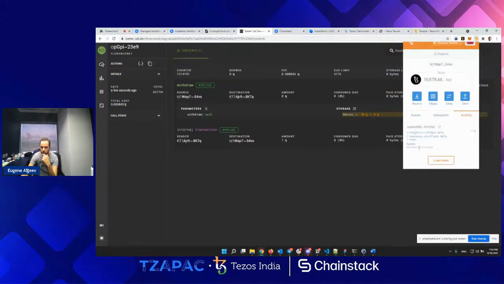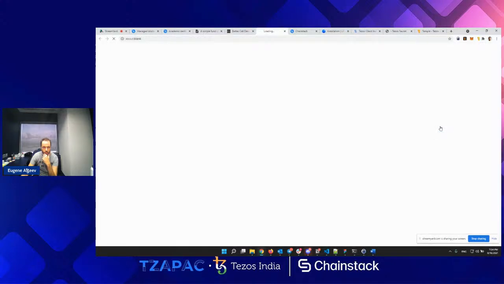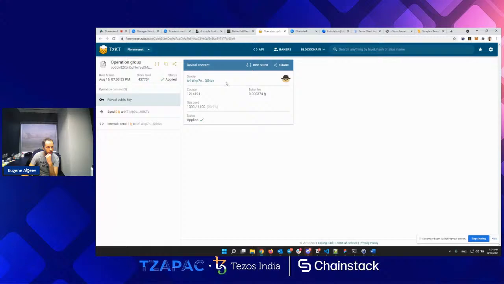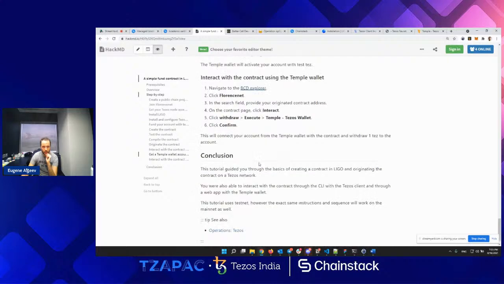Pending, applied. Nice, nice. So can I check the Explorer, which works? Okay. So it was just now. Sender, send 1 Tez to me. Nice. That's all. Looks like that's all.